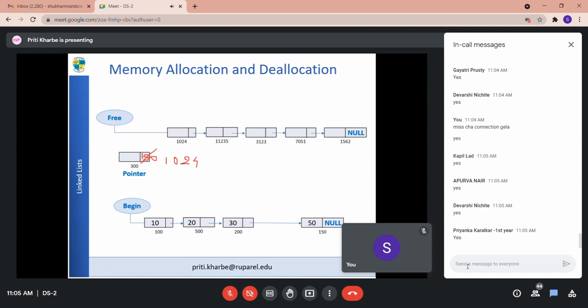Now I should have the address 1024 over here. Only then will this node have a link, or point to this second empty node, right? So who contains the value 1024? Free, because free always has the address of the first free node. So if I want to set this next part as 1024, my statement should be pointer's next is equal to free, because free contains the value 1024. Do you agree?